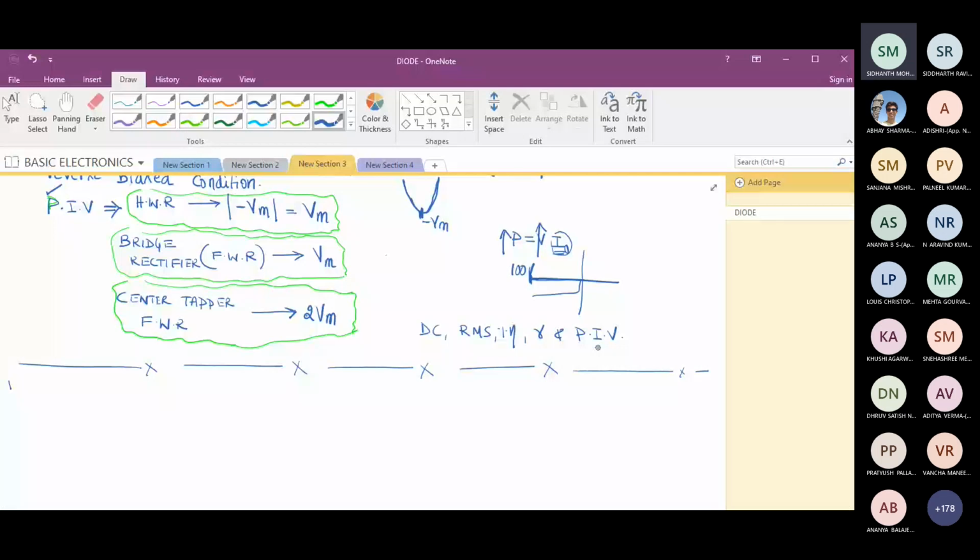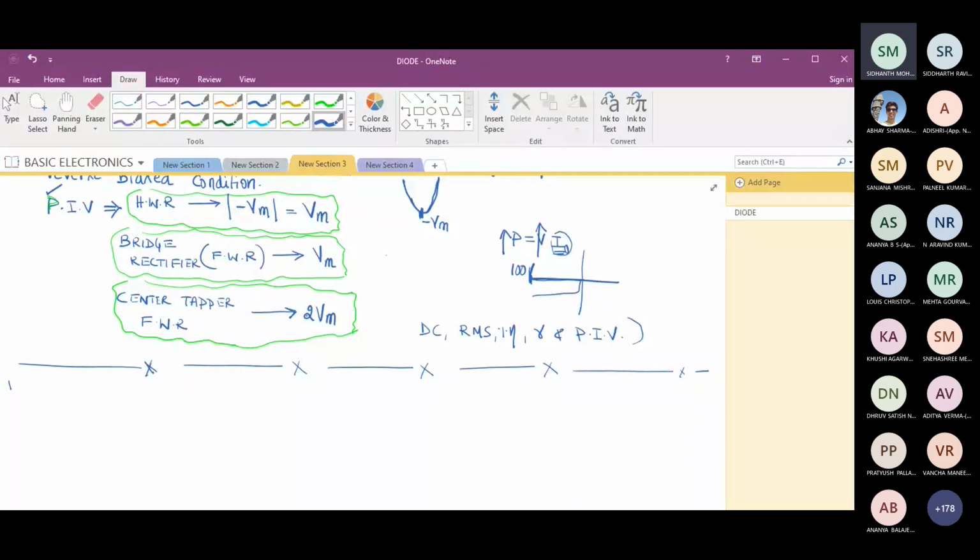So what I'm expecting from your side before I take up that session, you must revise all these parameters thoroughly. You must revise and come. So when I'm solving numericals, I'll not go back and explain all these things once again. I'll take this as prerequisite and I'm going to solve the problems. Don't expect me to explain this again and again. It is now your responsibility. If you want, go through the recorded videos and come prepared. Is it okay?